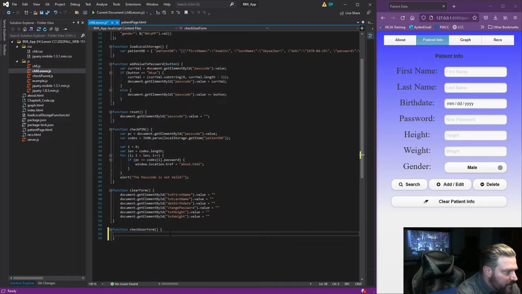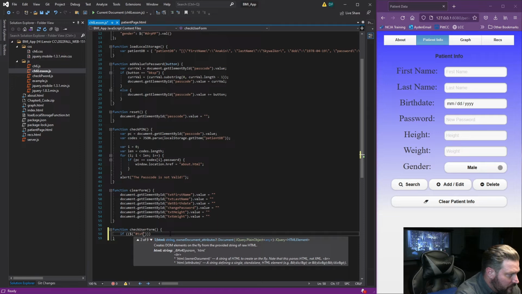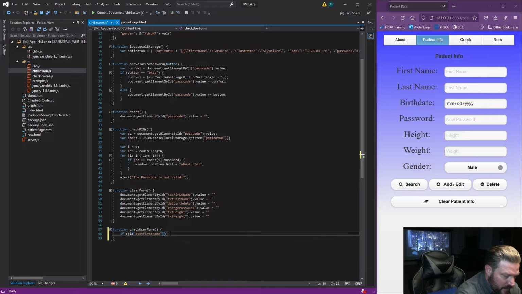And then we're going to check and see if the first name's filled and the last name and the birthday and the password. So it's going to be a giant if statement that contains a bunch of ands because we want them all to be true. So we're going to do if, and this is the funky way I was telling you about. If the first name val, instead of value, we just type val in the question marks because it's a function, jQuery. If that is not equal to nothing,